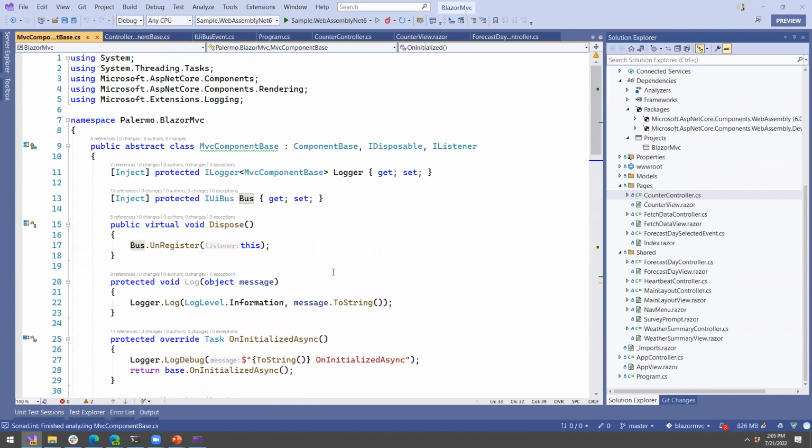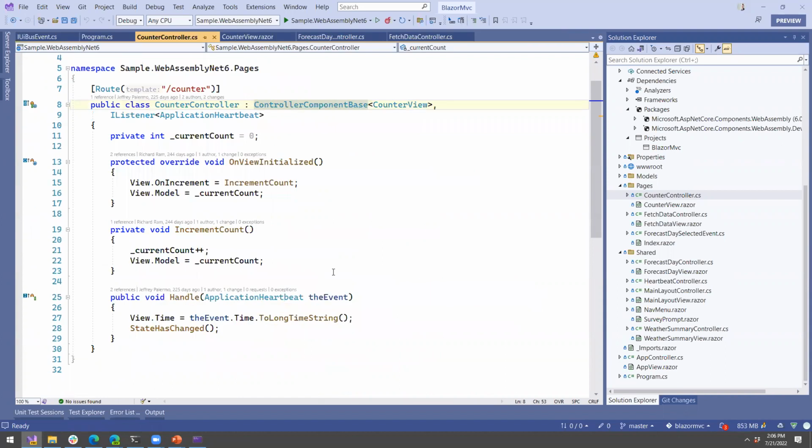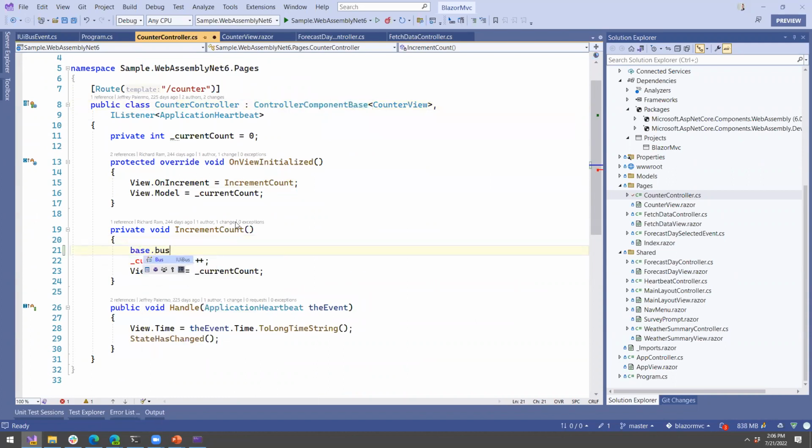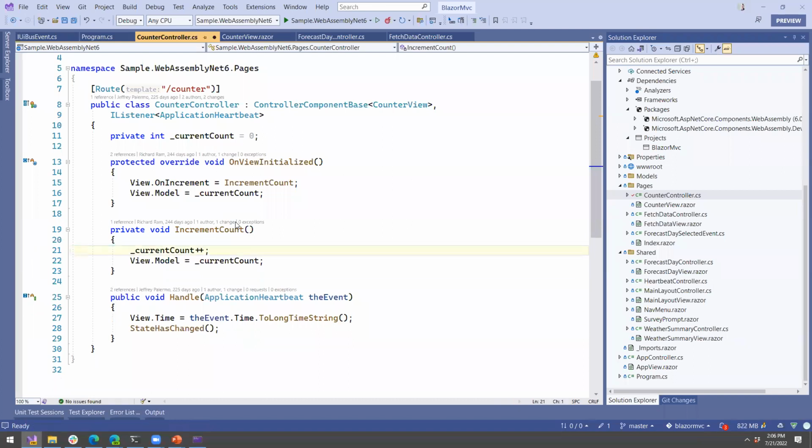So we're using the built-in dependency resolution, the IServiceCollection. And because we have a hierarchy, we have a property where if I was to say base.bus, boom, it's there. It's injected, property injection. And I can get listeners of a certain type, but most of the time I'm just going to say notify. And I'm going to notify of a certain class. Okay. So that's how any controller can notify any other controller that's alive on that particular page just by saying